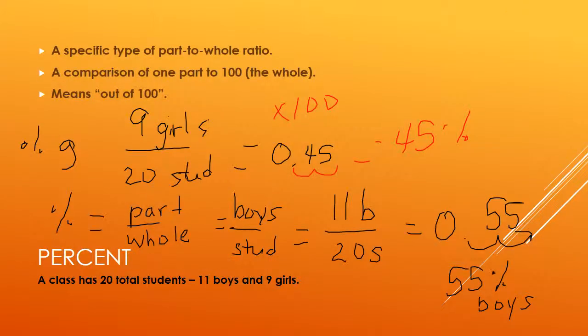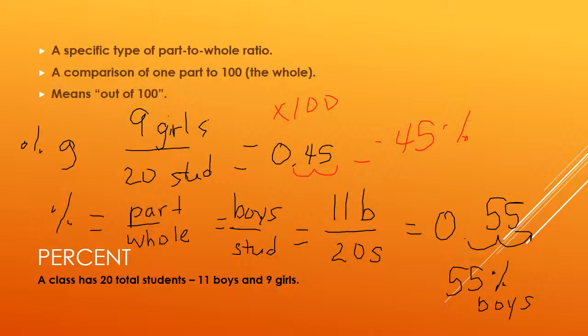The last thing we'll talk about is a percent, and a percent just takes a part-to-whole ratio one step farther. So we know that percents compare things out of 100. So if we wanted the percent of the class that is girls, I would say that there are 9 girls out of 20 students. And we know, or we should know, that in order to find a percent, we're going to divide these. 9 divided by 20 in my calculator is going to give me